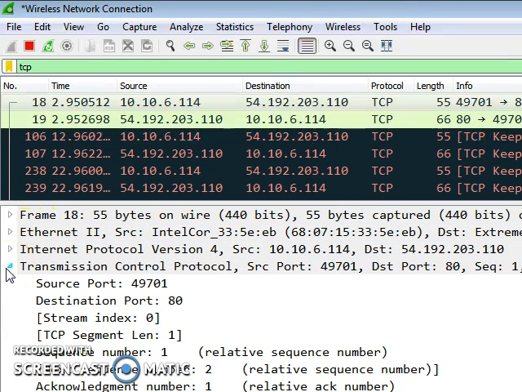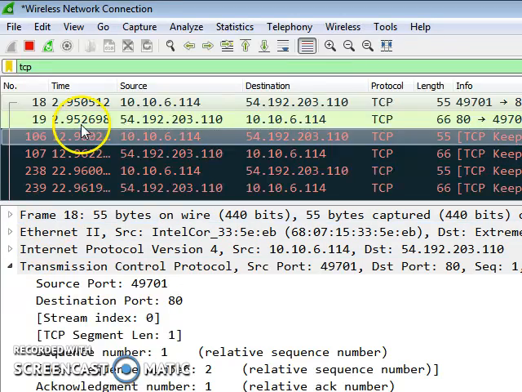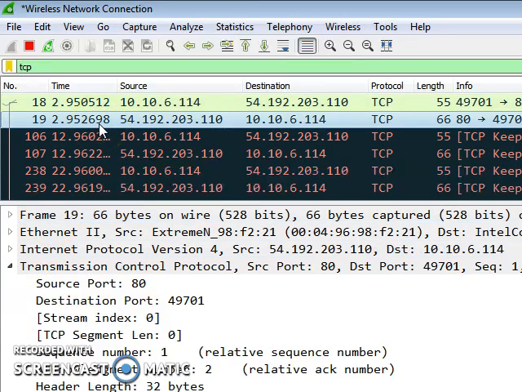It has a source port number, destination port number, then the sequence number, window size, the checksum field, option field, and urgent pointer. Many fields have been added for each packet. If you click on different packets, the values of the fields keep changing. The names are the same, but the values keep changing. Some fields are static, some fields are dynamic. So let's see the meaning of each field, and which are static and which are dynamic in this description.